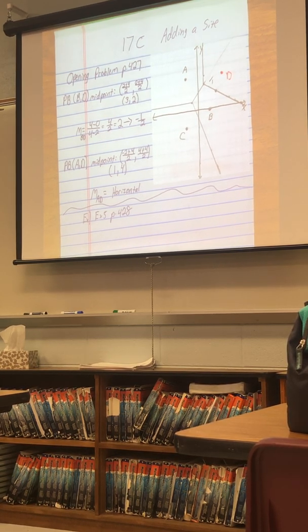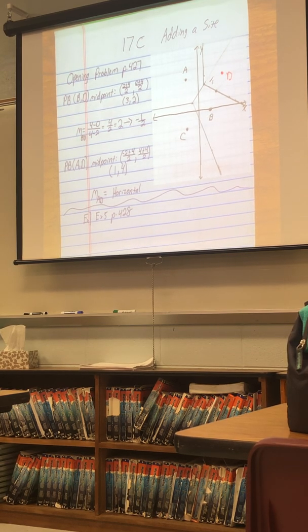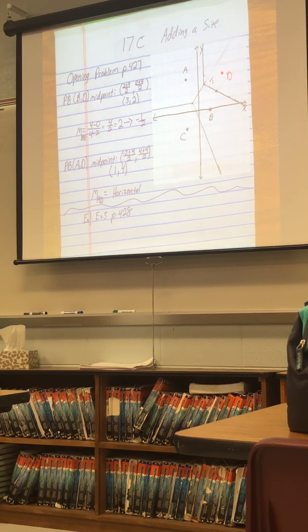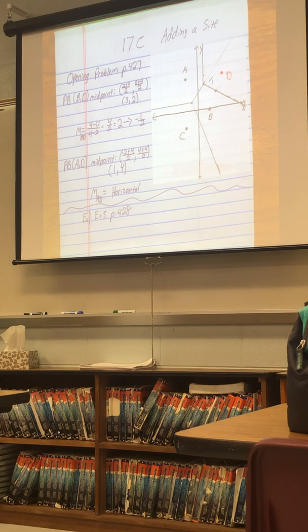Okay, right in the book. Change that -1 to a -2 in the textbook. That's fine. Change it to -2. So the point should be -2, 1, not -1, 1. Okay, I know it is, but